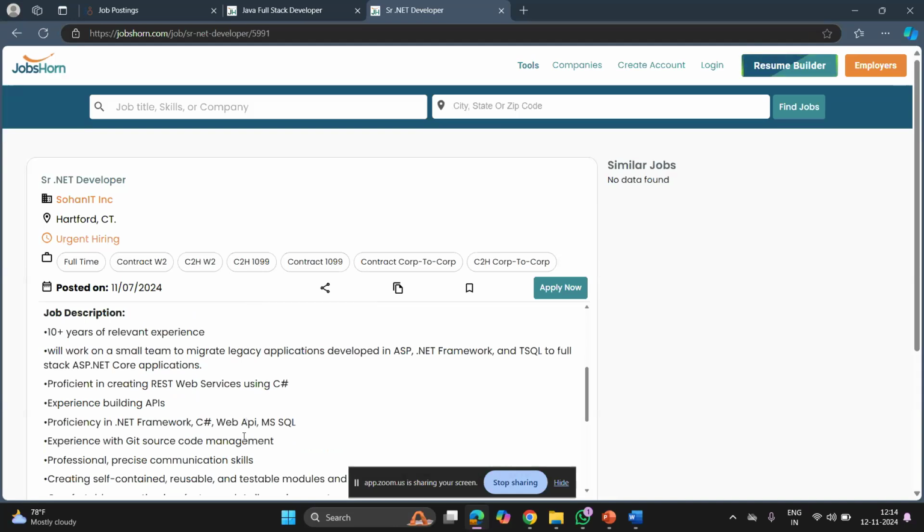What the requirement is looking for is 10 years of experience and some application development, legacy on ASP.NET, T-SQL, some